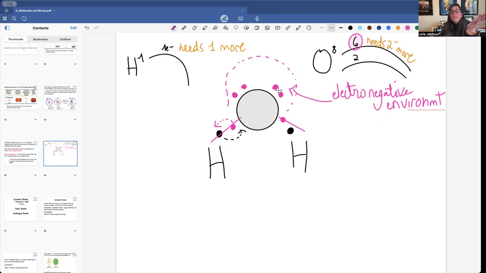So these 4 electrons on the surface of oxygen, what they're going to do is that they will have a tendency, let's see if I can do this in,